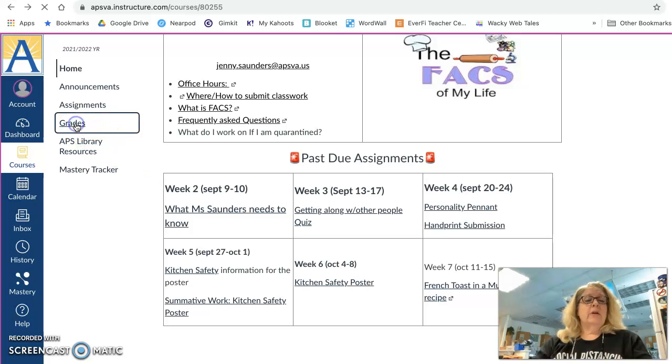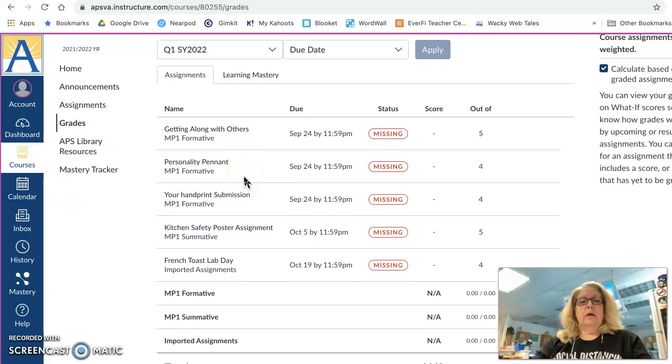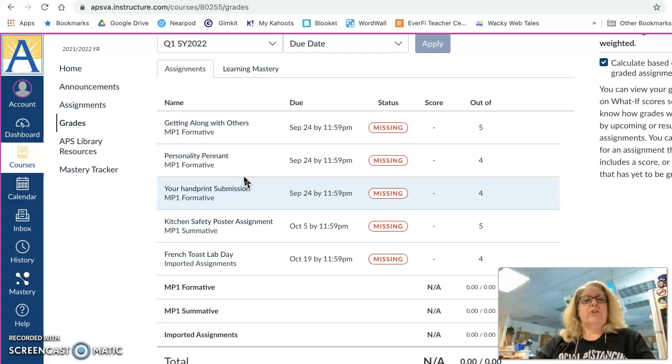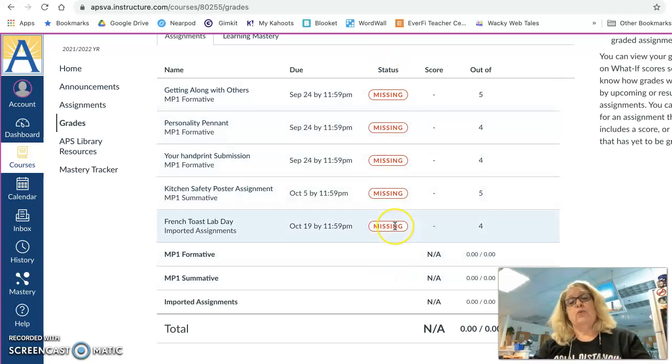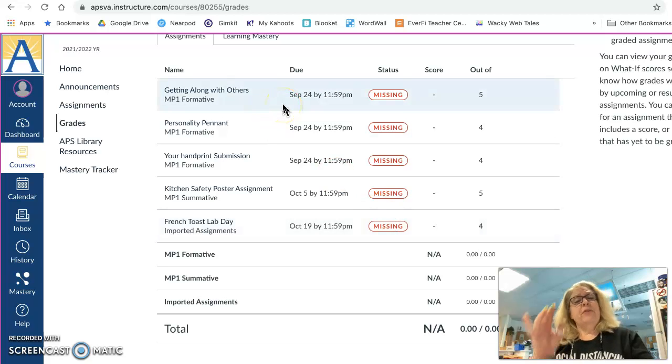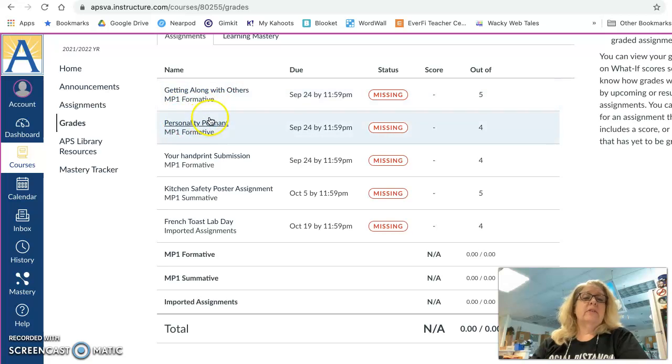They also can click on grades, and luckily, this is not a real student because I'm just in student view. If you were a parent and you were in their Canvas, you'd be like, what the what? My kid has not done anything, because I see this red missing. So that's a good way for you as a parent to see what they're doing. And we are grading things on formative versus summative. Basically, formative is the practice, and the summative is